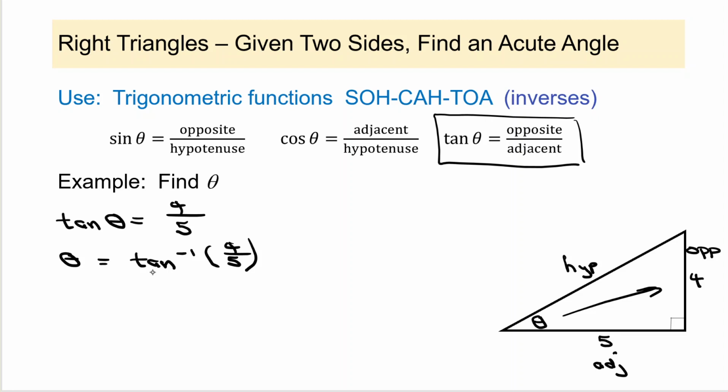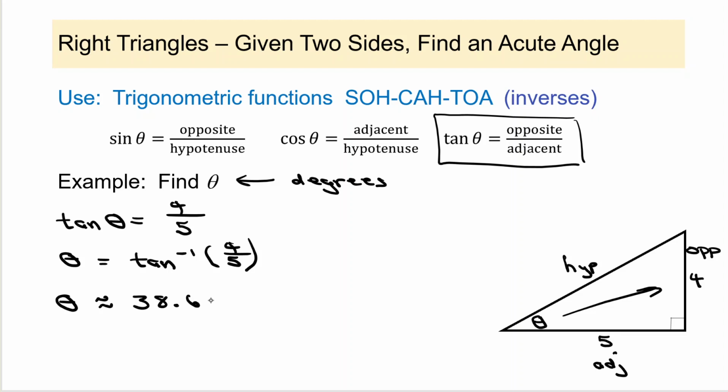So again, we're into calculator mode here. So two points. We're going to solve for theta in degrees, so you're going to need to make sure that your calculator is in degree mode. Then, on most calculators, you're going to enter shift tangent, and then the shifted tangent button is usually the inverse tangent. So inverse tangent of 4/5, and you'll get theta is approximately equal to, if I want 1